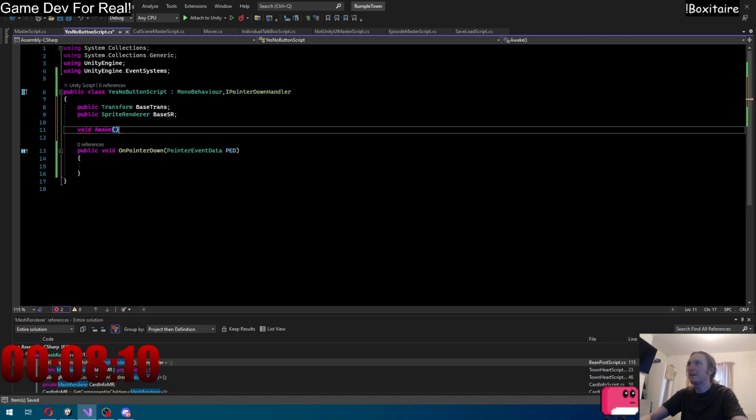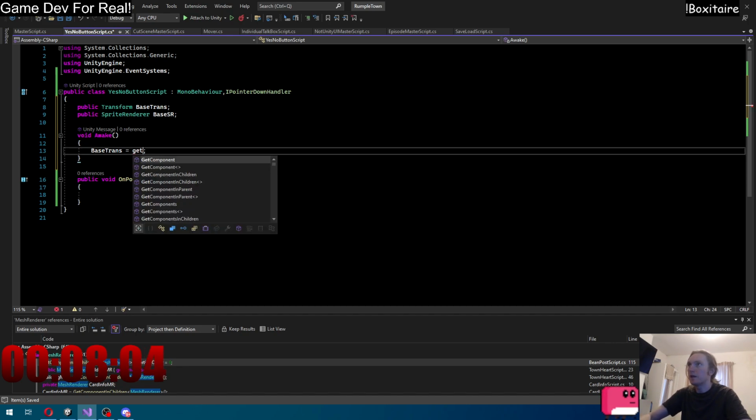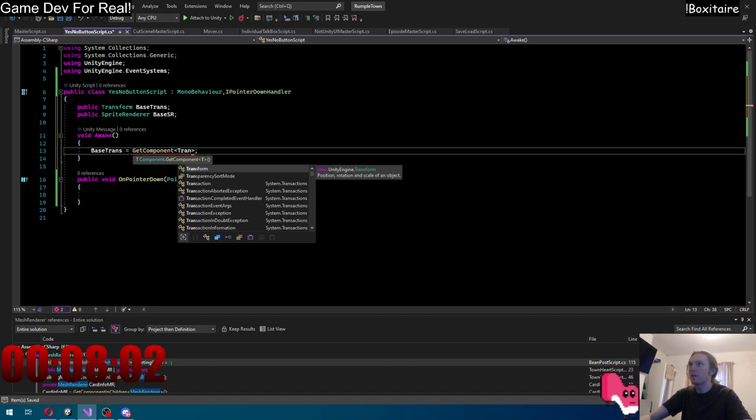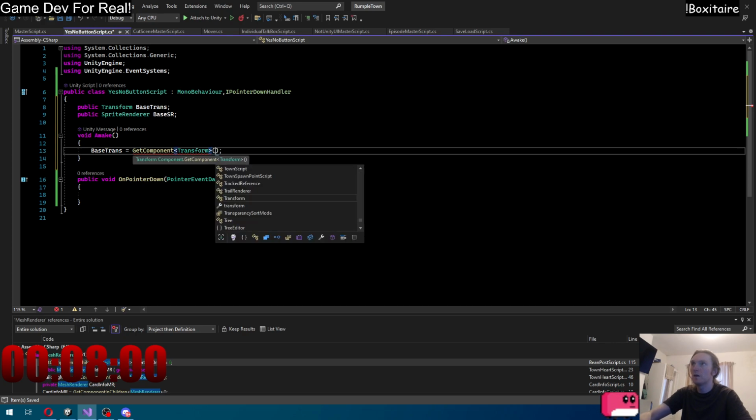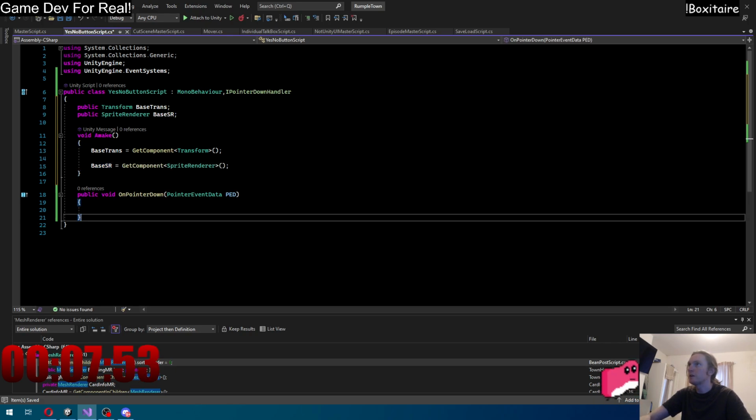Void. Oh, okay. I might have messed something up here. Anyway, base trans equals get component transform, and base SR equals get component like a boss. Okay,